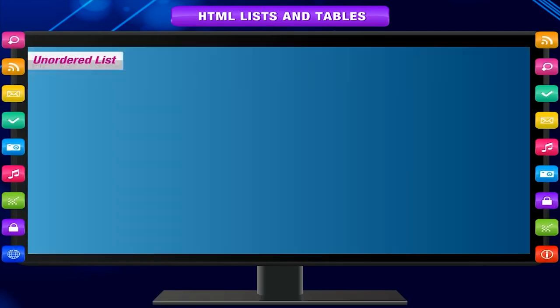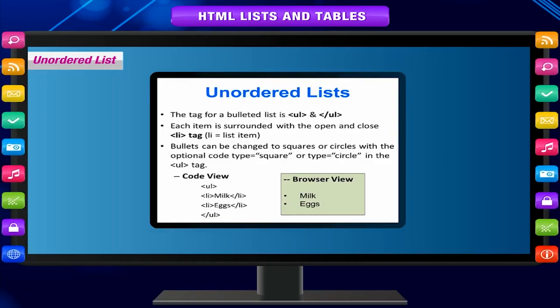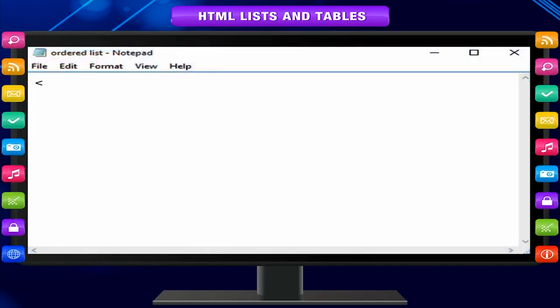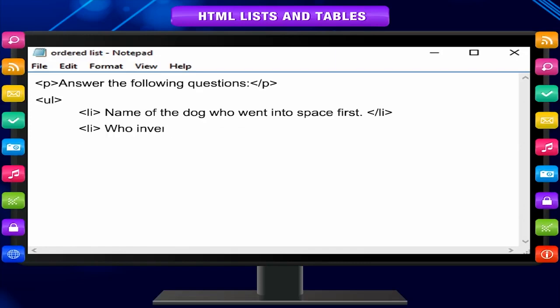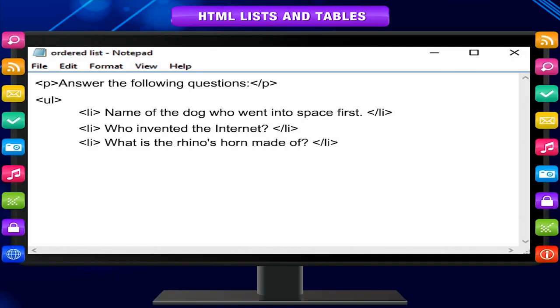Unordered list. This kind of list is bulleted. It is indicated by a container tag UL. Example of unordered list. P tag. Answer the following questions. /P. UL. LI, name of the dog who went into space first, /LI. LI, who invented the internet, /LI. LI, what is the rhino's horn made of, /LI /UL. This will display in the browser as